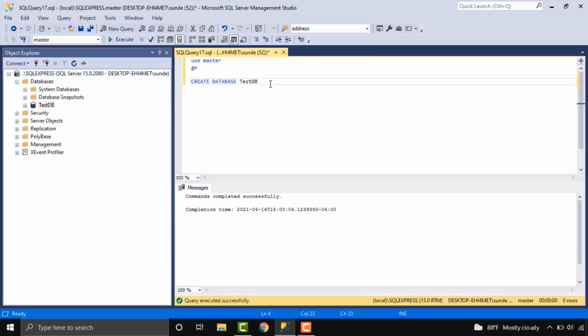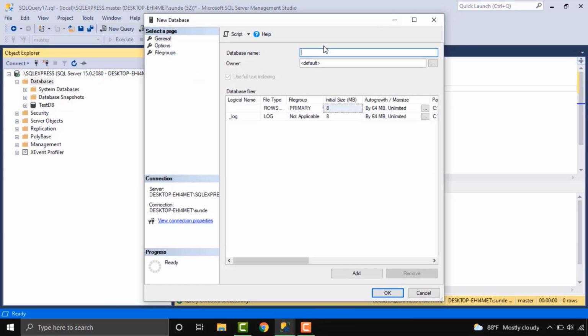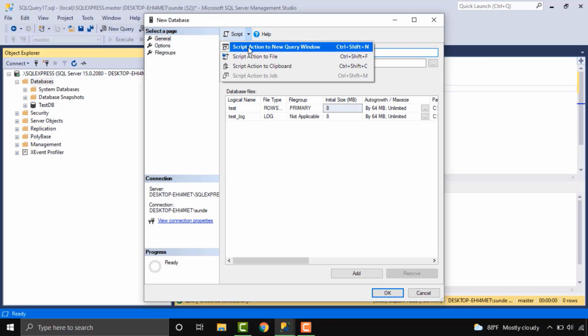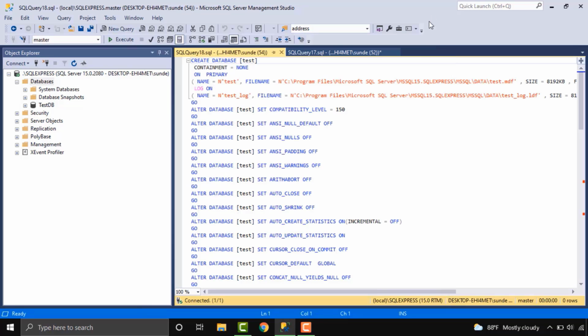Actually a single command will create the database, but in general there are several other options to choose while creating a database. Let me show you. Click on new database and enter the test database name. There is an option to create an automated script.